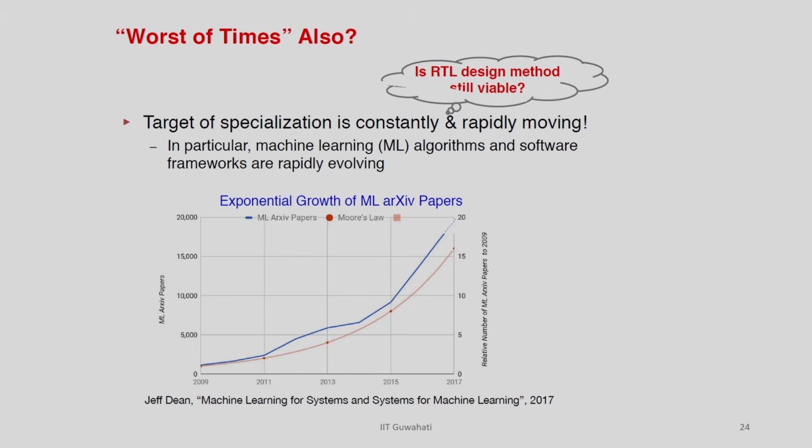So, is it something bad time also for these things? Because you see there is a funny picture here, that the number of papers published in this ML domain, right. This is the arXiv papers only. You can see here almost 20,000 papers getting archived every year in the ML domain. So, there are too many applications, and if we try to develop an IC for all these 20,000, I mean it is not something feasible, right.